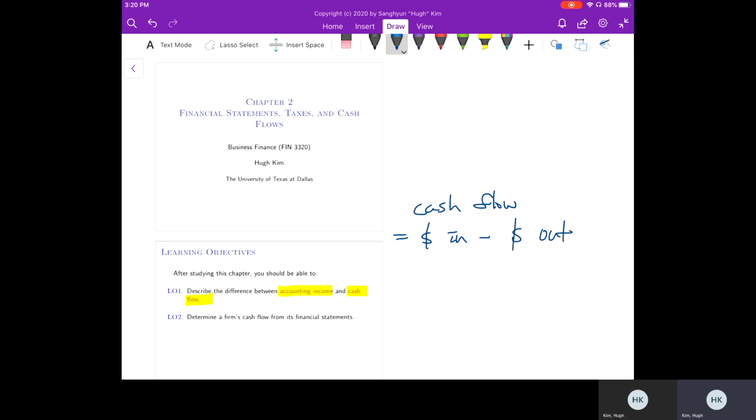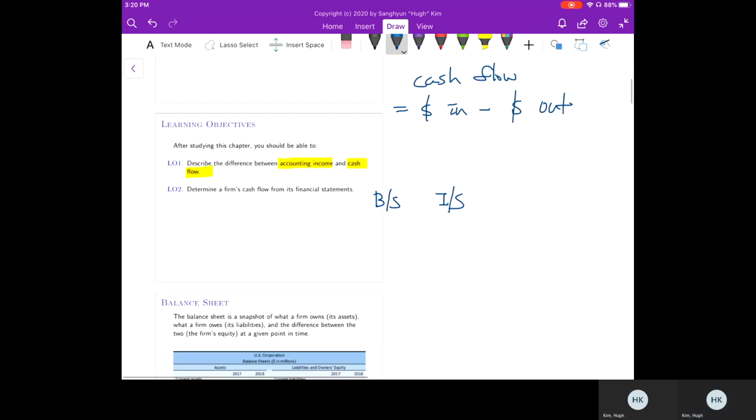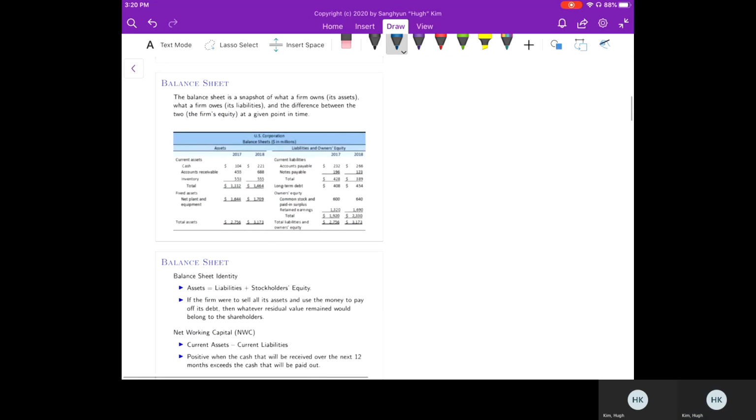So specifically, we're going to need the balance sheet and the income statement. So let's look at the balance sheet. So the balance sheet looks like this. So balance sheet is like a snapshot of what the firm owns, its assets, and what the firm owes, its liabilities,